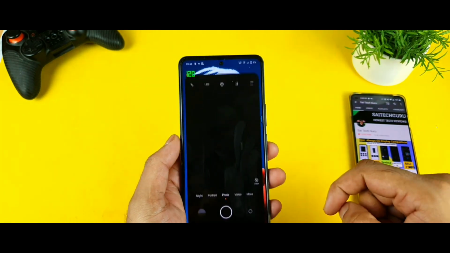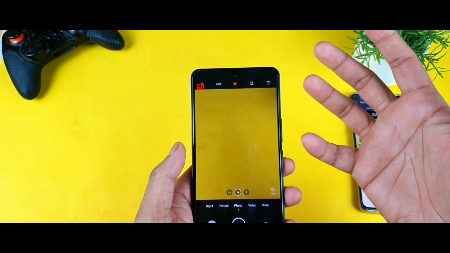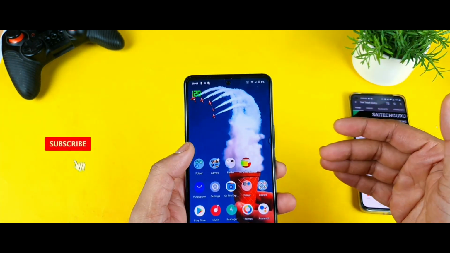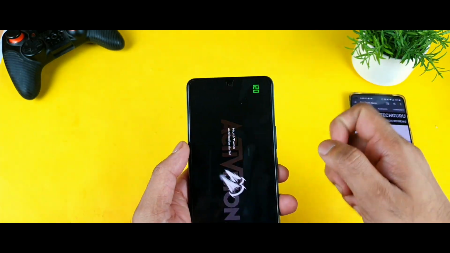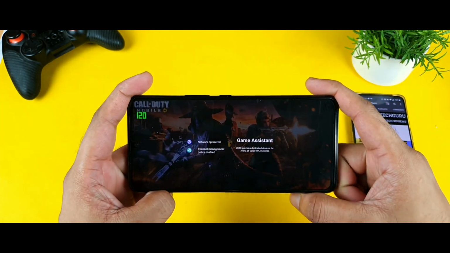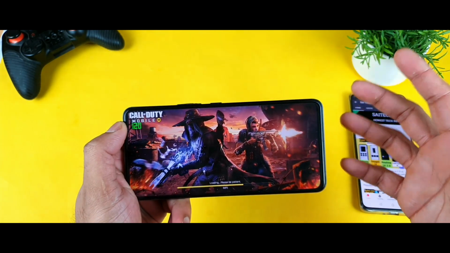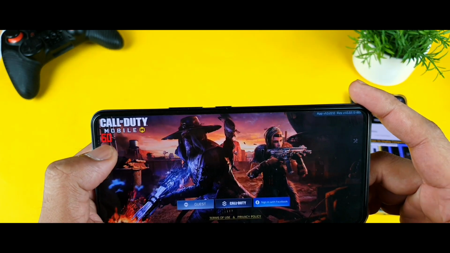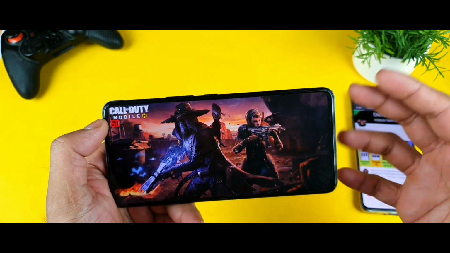So let me open the camera application right now. As you can see friends, the camera application doesn't support the 120 fps refresh rate, so that's why it's showing 60. The same thing is going to apply for the games as well. Let me open the Call of Duty game and let's see whether it's displaying 60 or 120. As you can see friends, right now we are getting 120 fps, so it's not exactly 120 as I said, sorry, but sometimes it can be 60. As you can see right now I'm getting 60. So let's see friends, while gaming will the 60 become 120 or not. That's what I'm going to check.